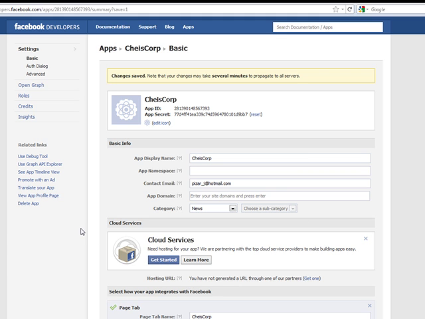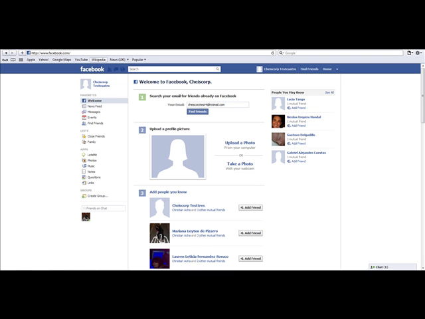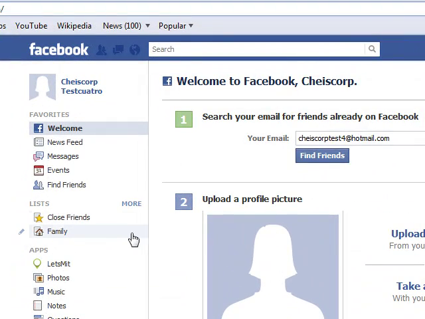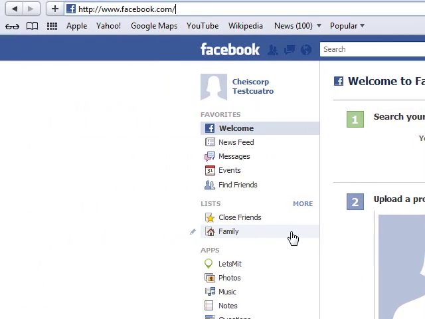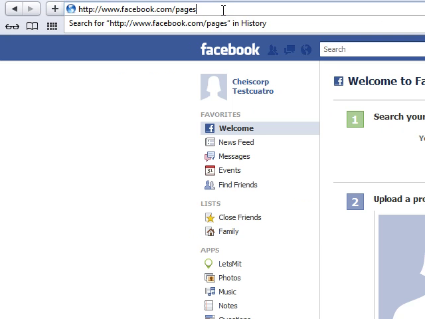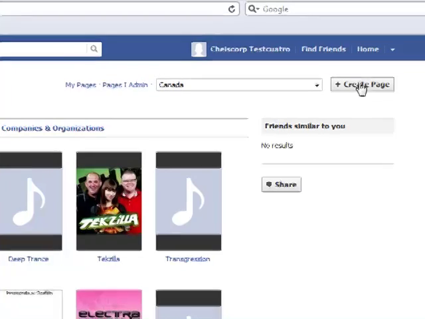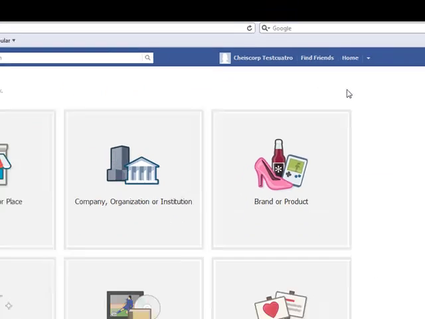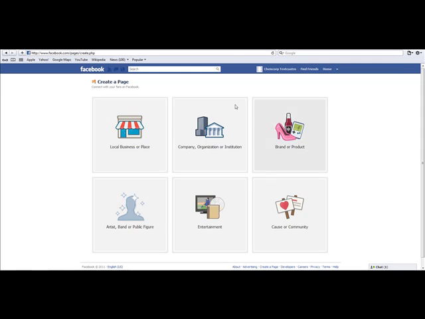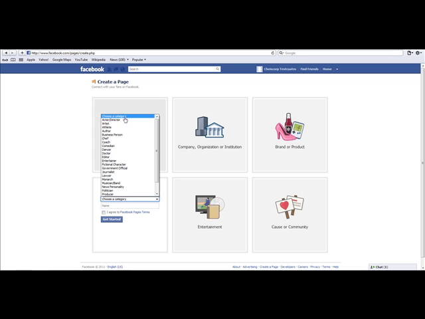So for this, what you want to do is first create the Facebook page, and now we open just facebook.com again, and what we want to do is create a new page. So to do this, we can just go to pages, and it'll come up with this window. We're going to select create page, and then go ahead and create whatever type of page we want. For example, I'm just going to put this one,